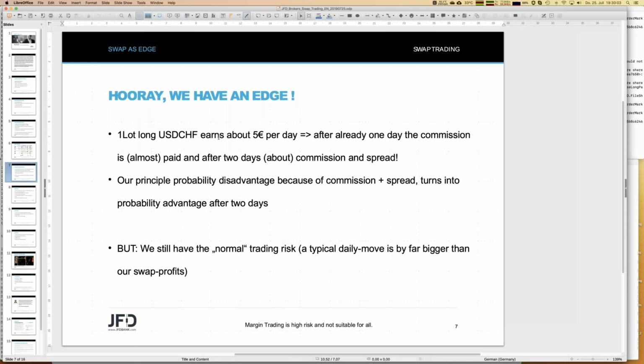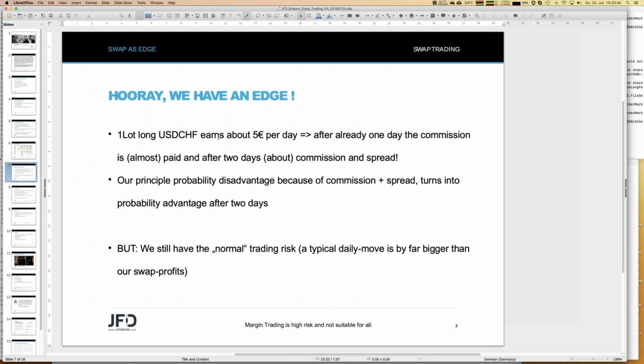It's a little bit like going to a roulette table. You know, there's black and red. Unfortunately, there's a green zero as well. Both will lose money, red and black. So finally, we have an intrinsic probability disadvantage playing roulette. And the same is true for trading. We have an intrinsic probability disadvantage because of costs.